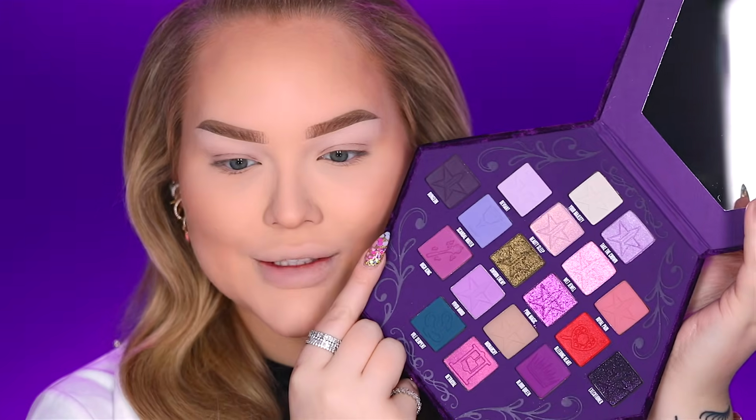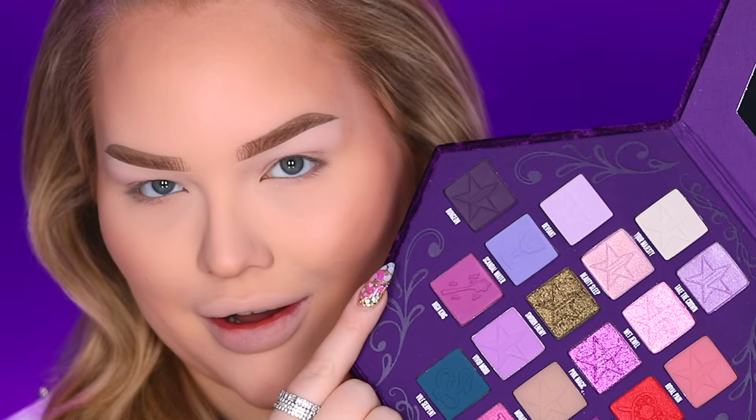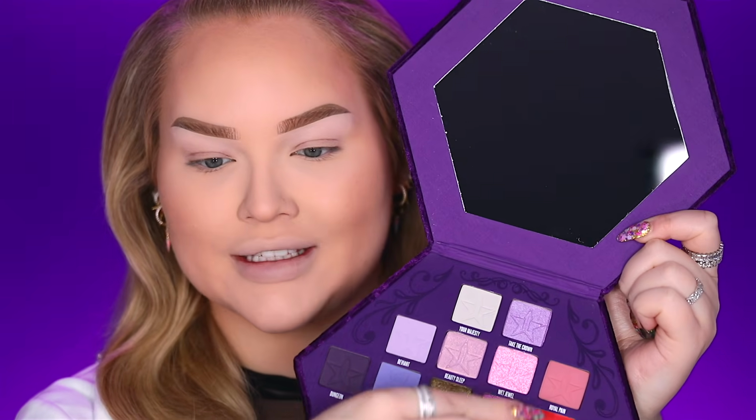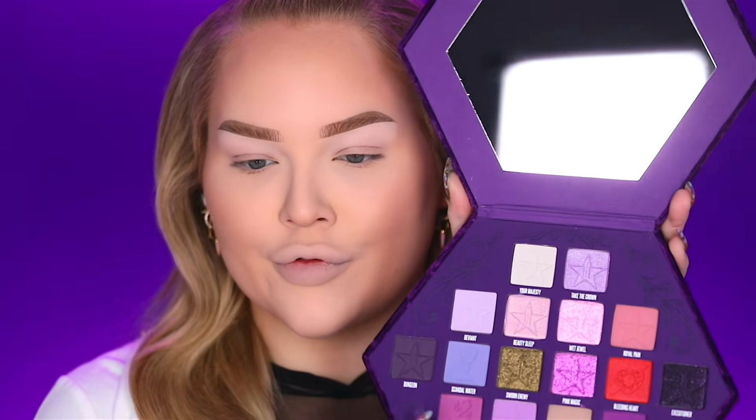And when we lift it, we have a huge mirror, but we also have all the colors. And when I first saw this palette, my eyes immediately went to these three right here. Take the Crown, Wet Jewel, and Pink Magic are like foiled glitter heavens. So it is time to dive in and to do this eye first and to see what the quality is